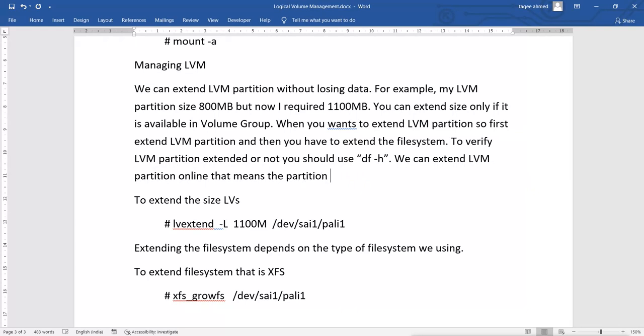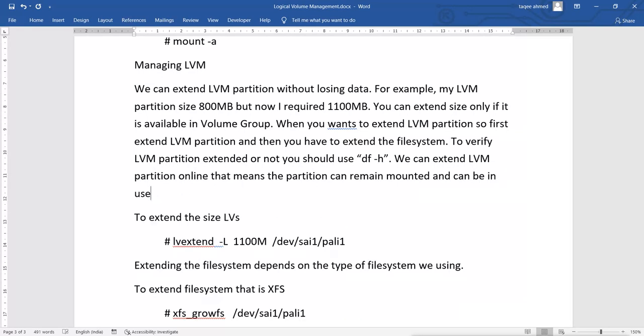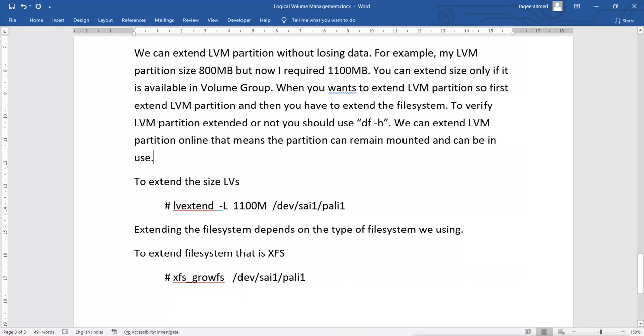The partition can remain mounted and can be in use, so we don't need to unmount the partition. It can be mounted and in use, and we can still extend the size of the LV partition. So we can do this.